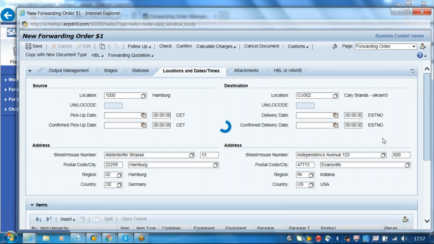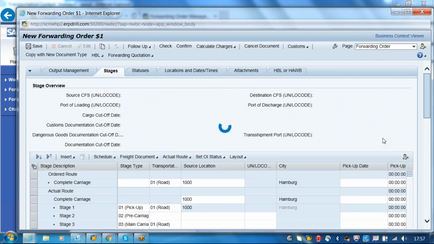okay, so there are 5 stages determined based on the movement type. So now for the first stage we are telling the system it is going from 1000 and the intermediate destination should be 11, I will put. And for the next it should be from 11 to 3100. Still it is loading.